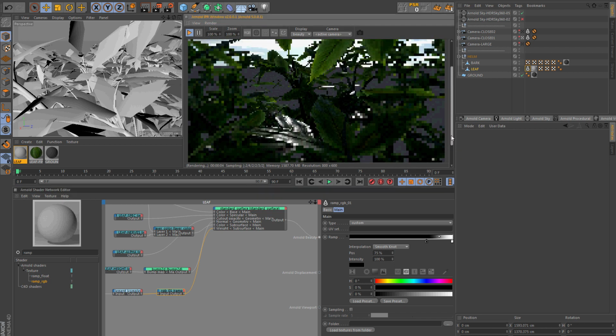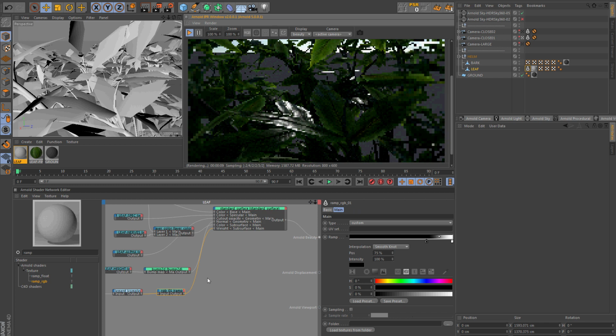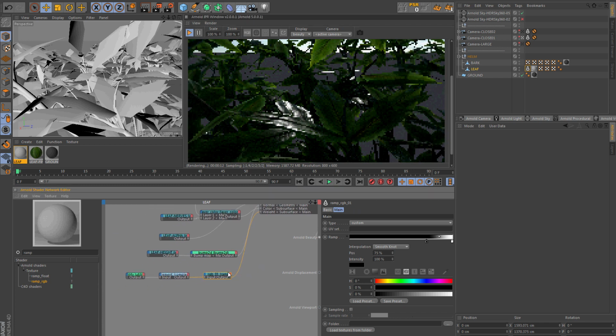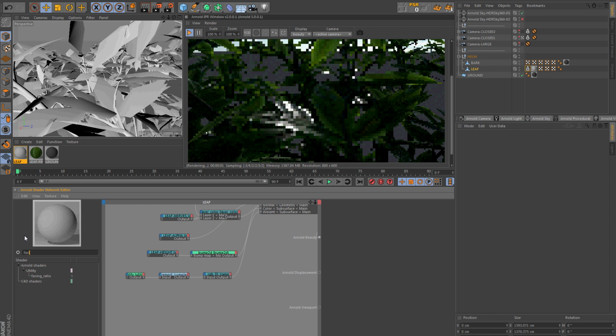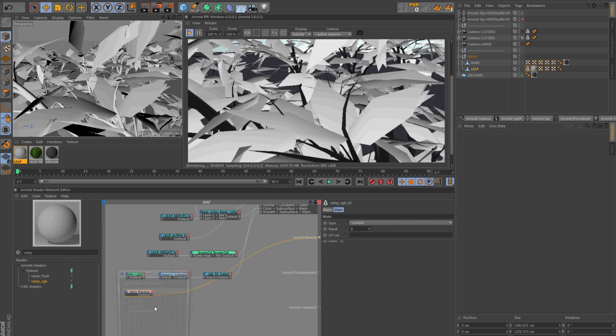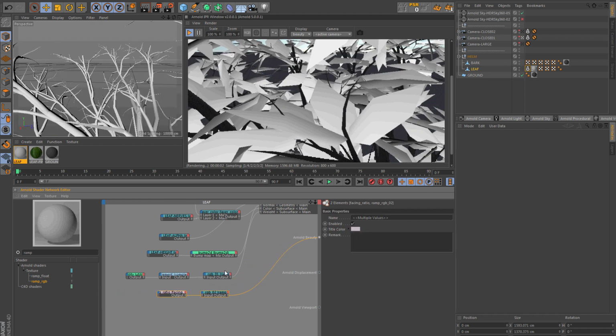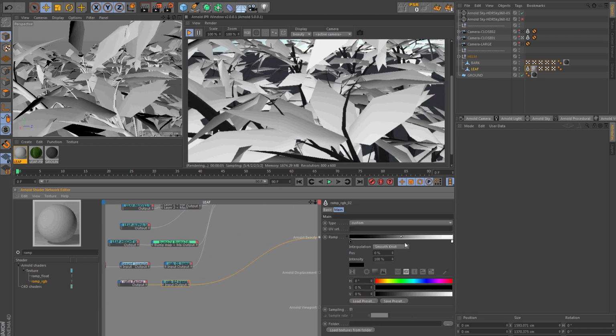Now, for more photorealistic results, I can add a Fresnel in my subsurface. To do this, use a facing ratio, and set it to maybe 50.